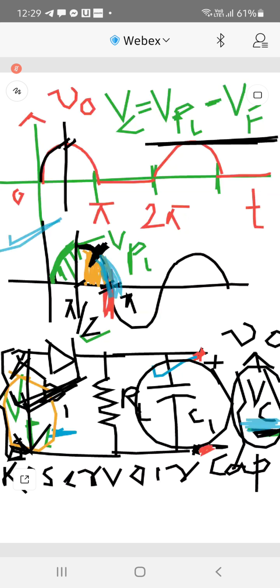Yes or no? Input voltage kintu pi te pi, see the situation at pi, input voltage kintu has dropped to zero, but what the capacitor is maintaining across it is almost VPI minus VF. Is it clear, students? Yes, ma'am. Is it clear?